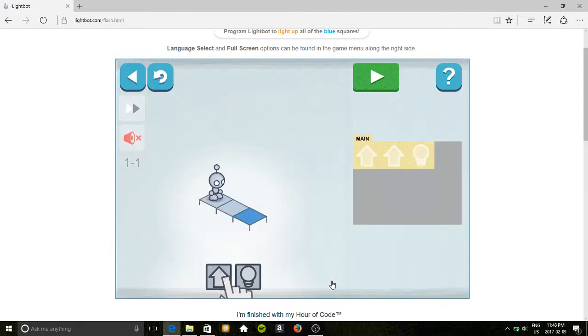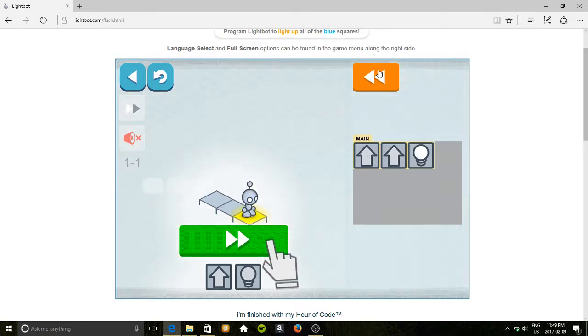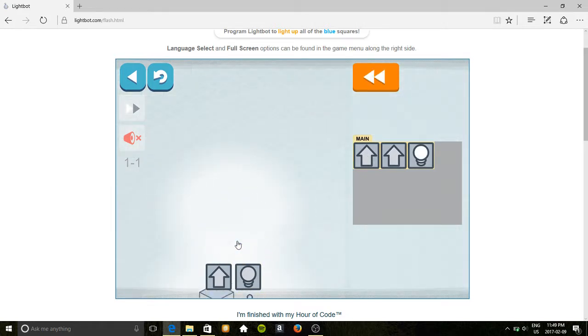And good luck. Okay, so as you can see, we have the blue tile that we need to light. It's letting us know we have to go forward again, and then finish off with a light. At the top here, the green play button is going to run our steps or code. And there we go, we've done the first level. So moving on,